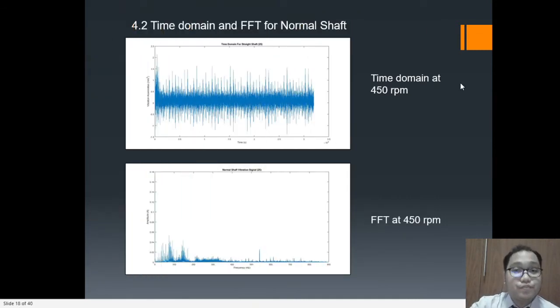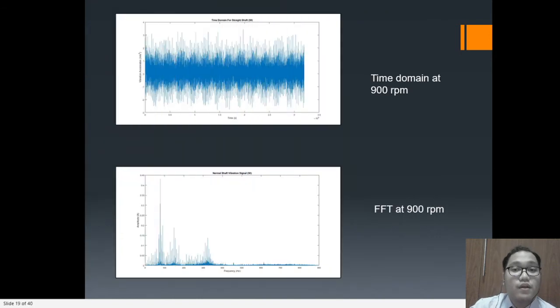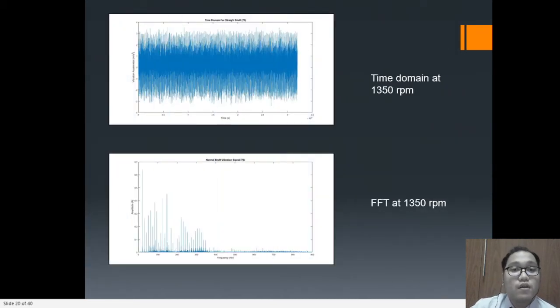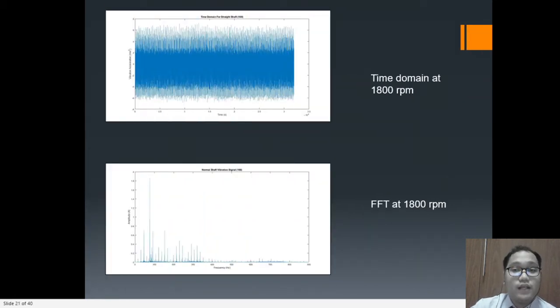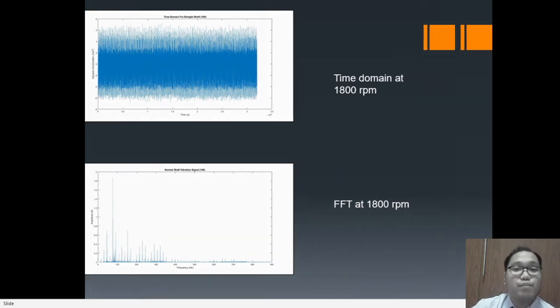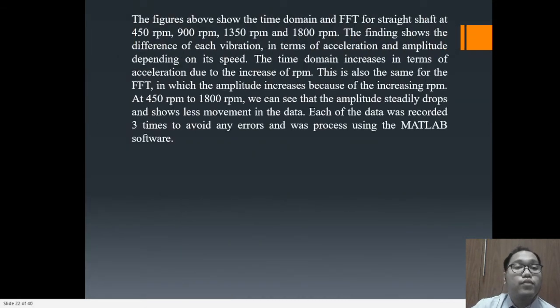Here we have time domain and fast Fourier transform for normal shaft at 450 RPM. Here we have the time domain at 900 RPM and the FFT, which is also at 900 RPM. Time domain and FFT at 1350 RPM. And time domain and FFT at 1800 RPM. From the figure shown above just now,